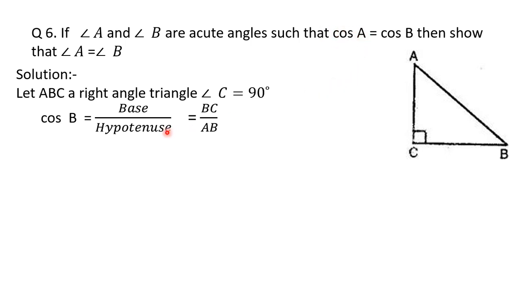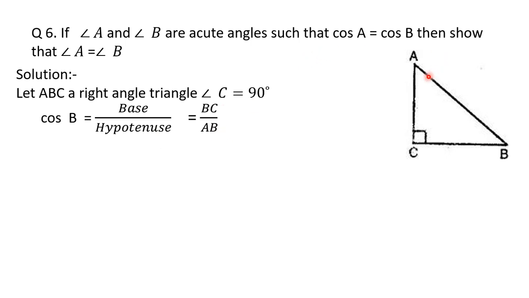So for the ratio for cos, we can take the two acute angles A and B. When we write the value for cos with respect to angle B, the ratio for cos is base upon hypotenuse. Now when we are taking angle B, the opposite side of angle B is AC, the perpendicular. The side adjacent to angle B is BC. So this is the base and the hypotenuse is AB. So cos B is base upon hypotenuse, which is BC upon AB.